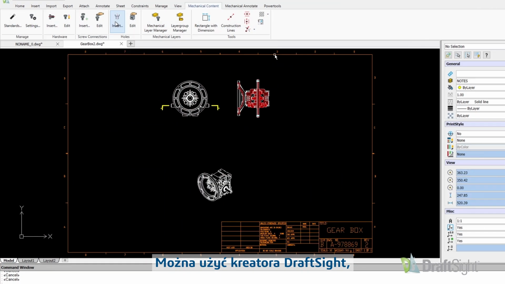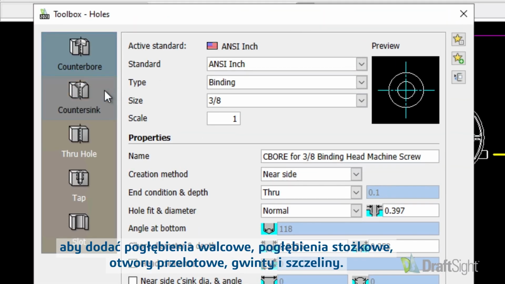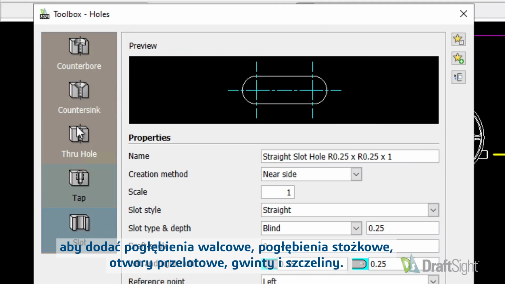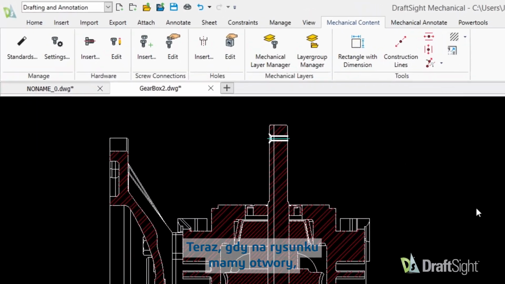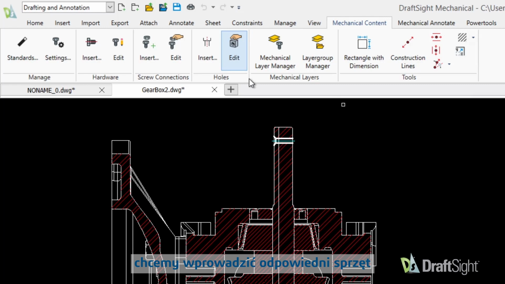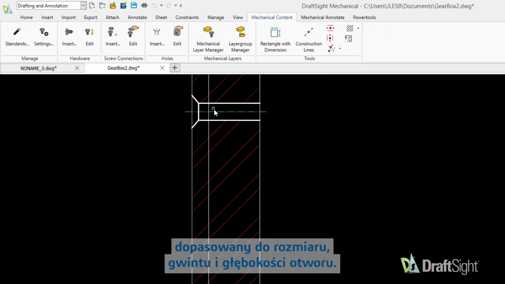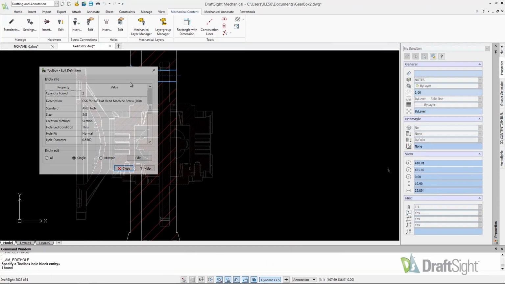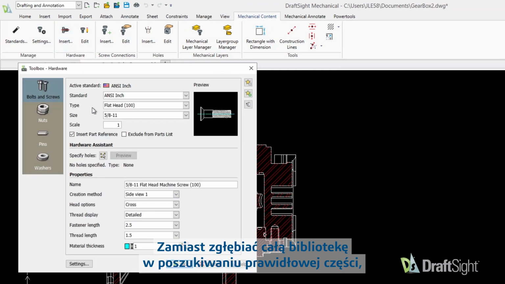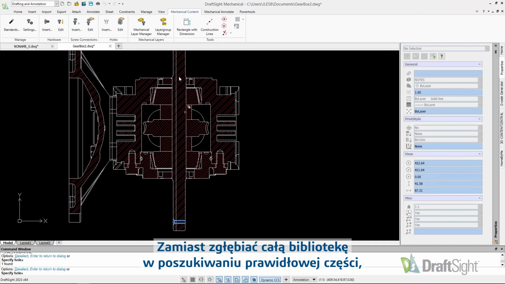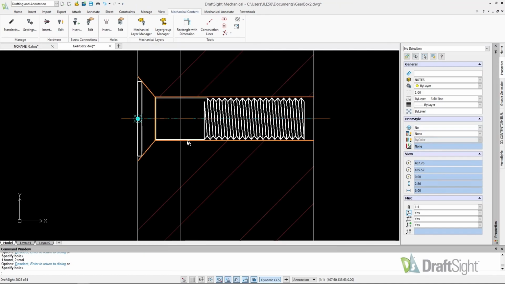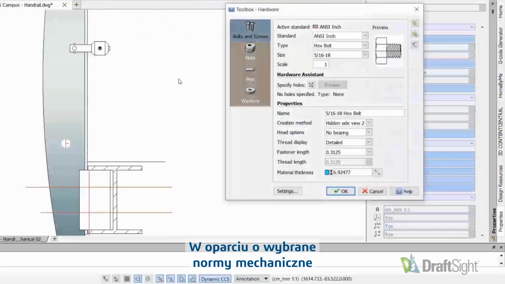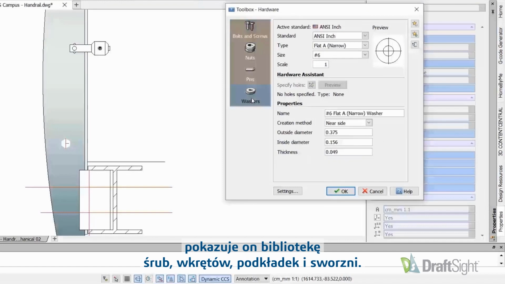You can utilize DraftSight's hole wizard to insert counterbores, countersinks, through holes, taps, and slots. Now that we have our holes represented in our drawing, we want to insert the correct hardware that corresponds with the size, thread, and depth of our hole. Instead of meticulously looking through our entire library for the correct part, let's turn to our hardware assistant to streamline the process. Based on the mechanical standards you have chosen, you will find a library of bolts, screws, washers, and